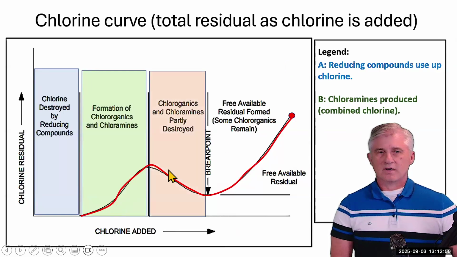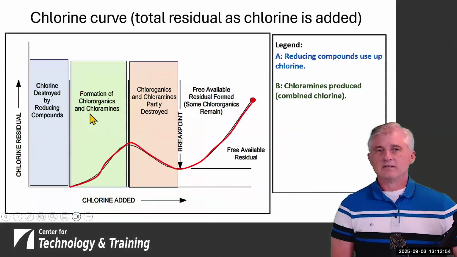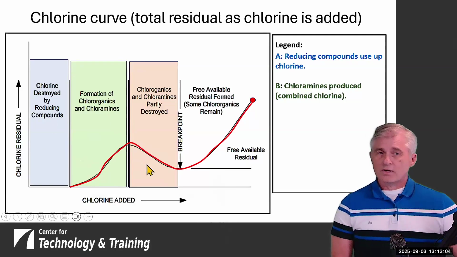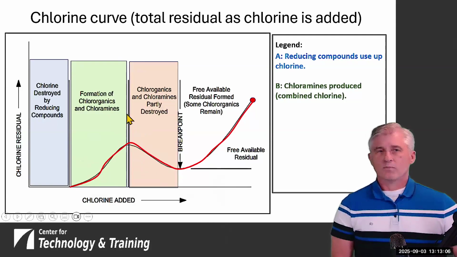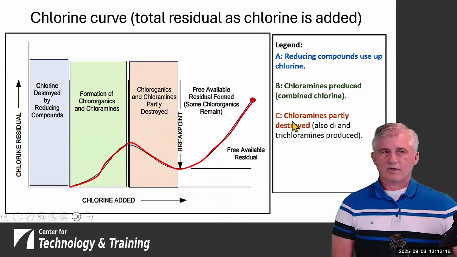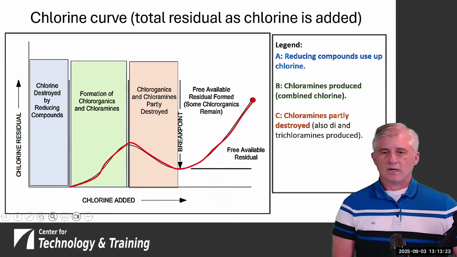So initially we form chloroorganics and chloramines, and then the chlorine starts to destroy that. So we're reducing that. Our residual actually goes down initially, but we're getting rid of those things. And we get to the point where we get to this break point. And at that point, the chloramines and chloroorganics are destroyed, and we can start to actually